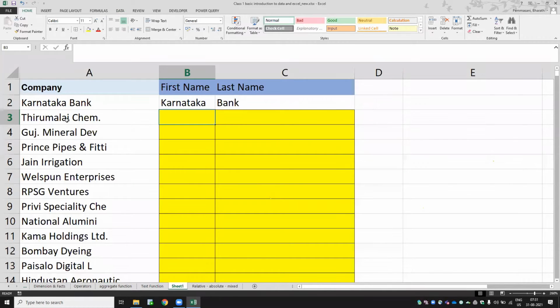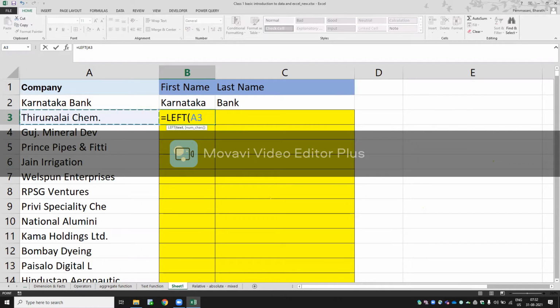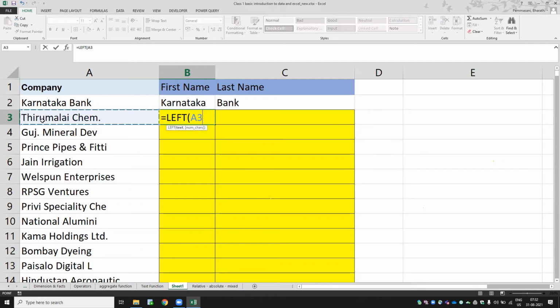So for the first name, you need the left hand side value, right? So we are going to use the LEFT function. Left of, select the text. And how many characters do I require from the left hand side? If I give 5 or 6 or 10, that will not work for all cases.